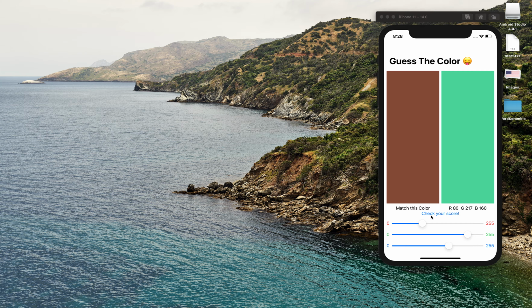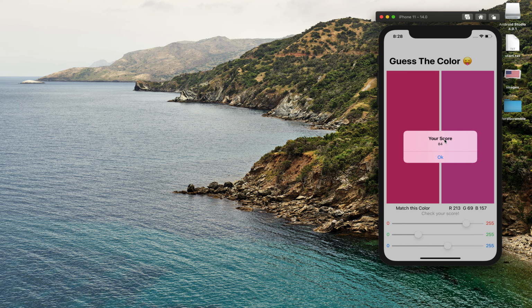So here you can see that once I click on check your score and if I press OK, this color gets changed, so that you now need to guess a different color. So now I will try to match the pink color here, and once I match this, I will say that okay, this is what I think is very close to the actual pink. Then I will press the check your score button and it will give me the result as 84%. This is the same, some percent like 16% it is not same, so that's the score. And once I click on OK, it will again change the color. So this is the overall app. So let's get started and create a new project.